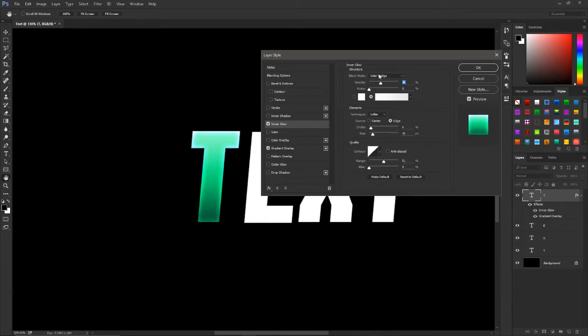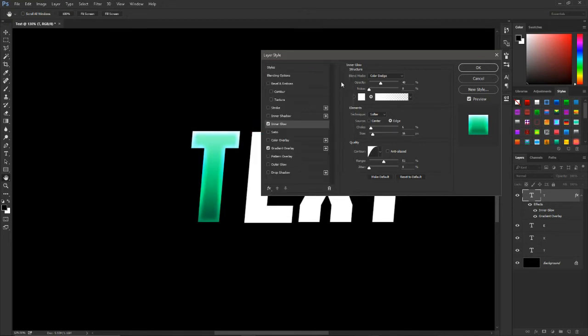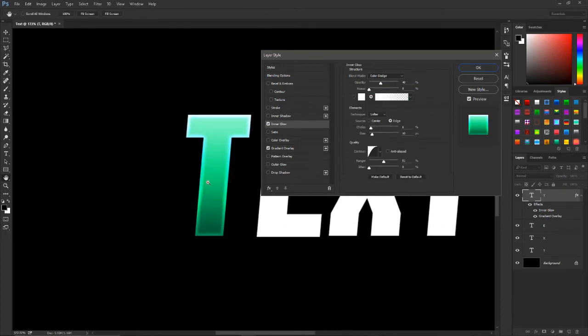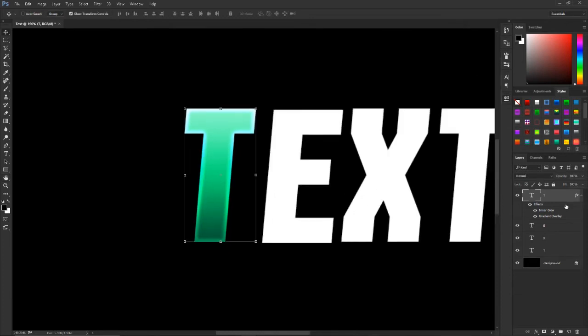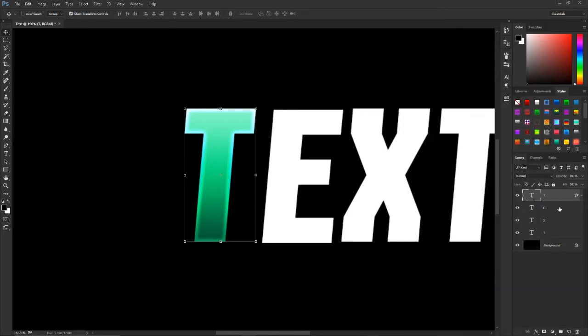I like to keep it at color dodge. I don't know why. And I guess you could change this to the contour and just make something like this, I guess, and then just mess with this. So you could just mess with all these settings, but I think this looks pretty good. And then just click OK, and you're gonna right click it and click copy layer style, and then shift click